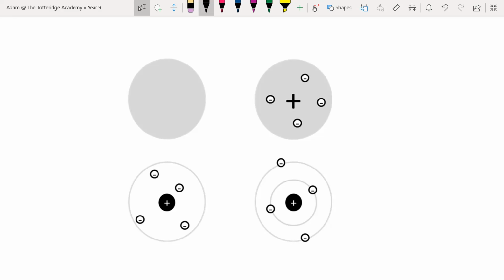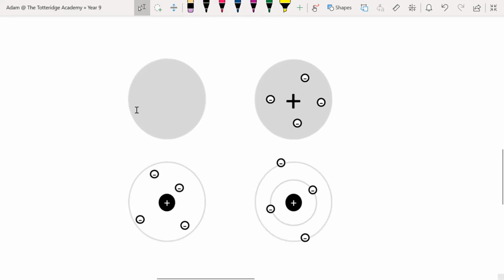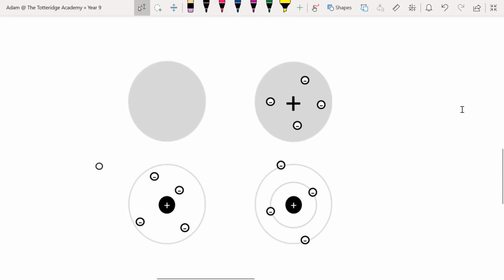So basically, we've got 4 models of the atom. What was the name of the first model? Okay, this one is the first model. What was the name of this model of the atom? Call out your answer to the screen on 3. What was the name of the first model of the atom? 1, 2, 3. Well, I'm hoping that you remember it was called the Dalton model, named after a British scientist